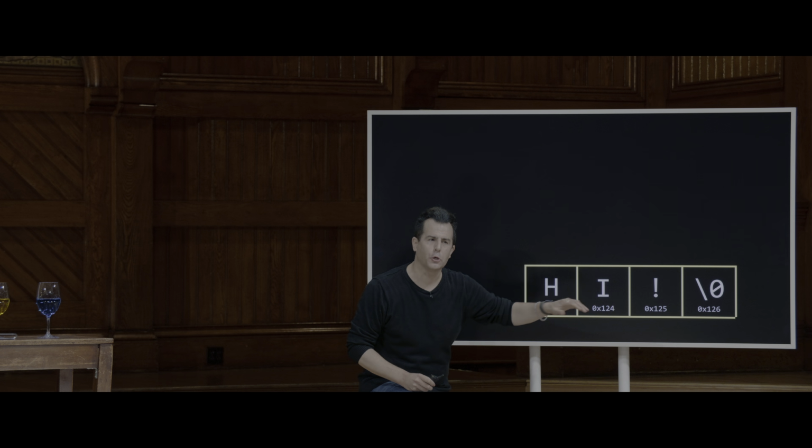Why? Because if s is technically storing the location of the beginning of the string, someone's got to keep track of where the string ends, presumably. And that's effectively the string itself, because humans decided decades ago, let's just null terminate every string with a special character. 0, all 0 bits, but that's enough information. The sort of treasure map leads you to the beginning of the string, and then you can use a for loop, a while loop, whatever, to walk through the string. And that's what printf does. And you just stop as soon as you see